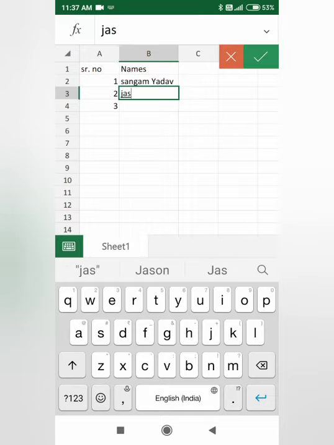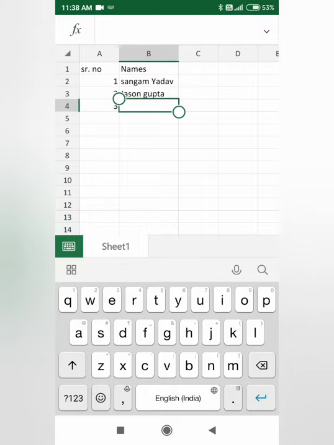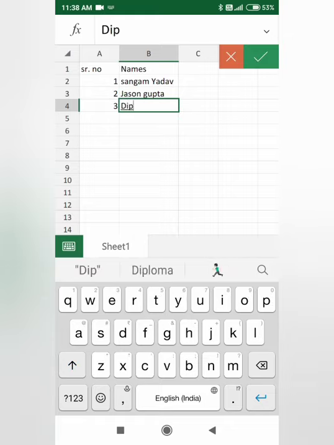Second, Jason. Third, Dipson. In this application you study many things, how to use Excel and how to produce a mark sheet. All things you will get in here.